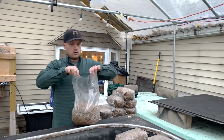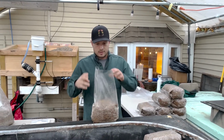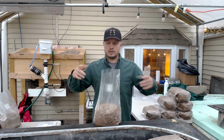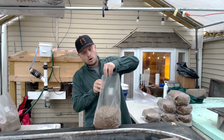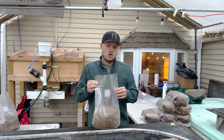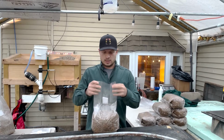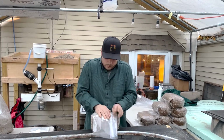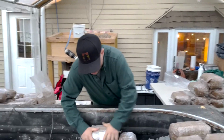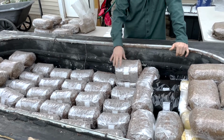All right, so we have this bag. It's got sawdust, a bunch of nutrients in it, and there's also millions or billions of mold spores because they're floating around in the air all the time. So it's going to go into our steam sterilizer. This is a 300-gallon cow trough. And we basically pack it full of these bags, and we pipe a whole bunch of steam into here. And the point is to raise the temperature of these blocks to above 200 degrees, hold it there for about 8 to 12 hours, and that's going to kill off all the mold spores that are in the bag